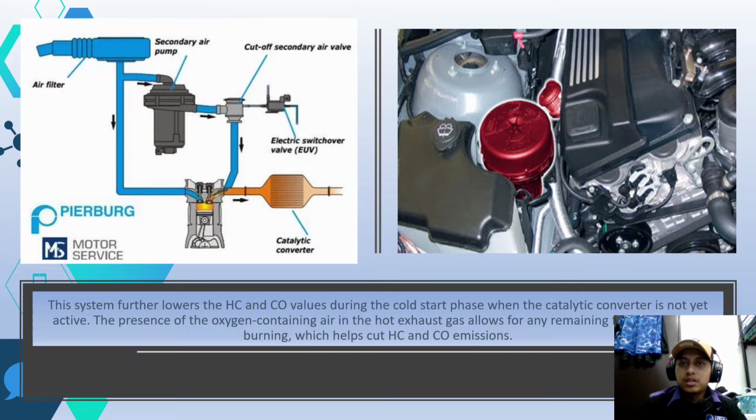The right picture is in the BMW M3. The red one is the secondary air pump. So they are placed on the